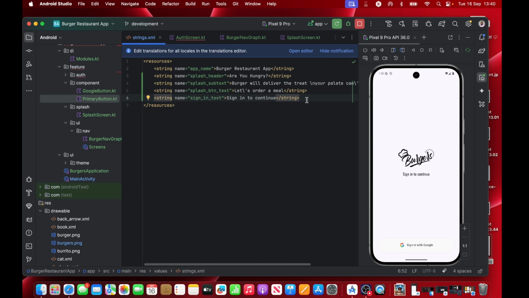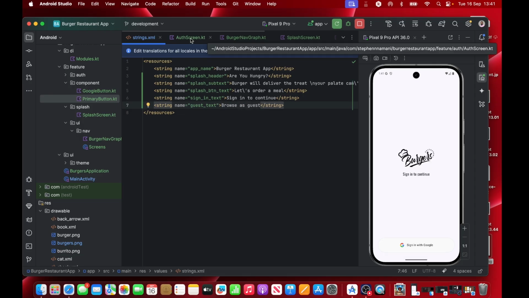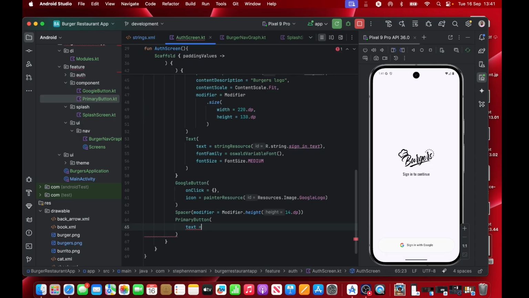We can do that as well, so that we maintain some consistency in our implementation. So guest test, let's just make it what it is. Okay, guest test. So now we'll call it browse as guest. Right, so let's go back to our auth screen, and we use string resource, and we call